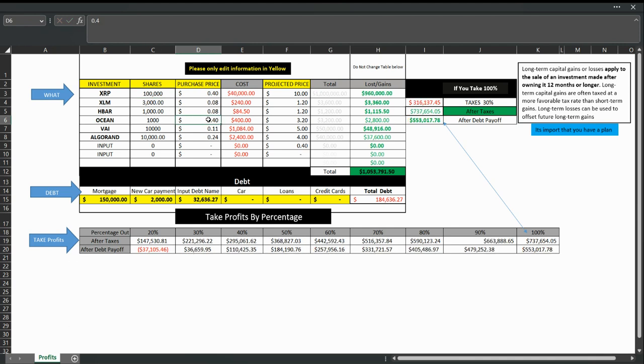100,000 XRP. You would have made this after taxes. You would have had that. You were going to have to pay this for taxes though. But after you pay off your debt, you would have gained this. So percentage wise, if you would have pulled out at 20%, you would have stayed